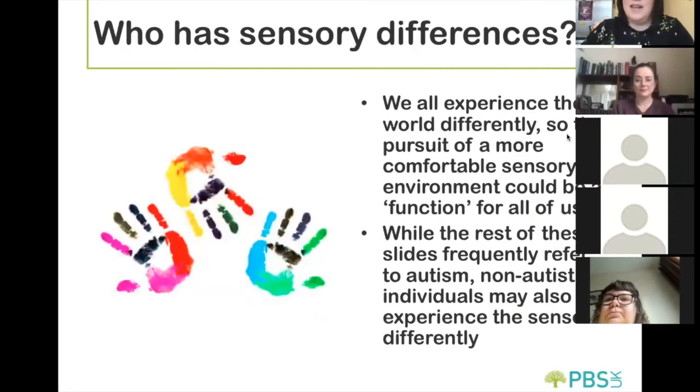So first of all, thinking about who has got sensory differences. The answer to that is we're all different. We all experience the world differently from a sensory perspective. There'll be certain things that some of us are really great at filtering out that others just can't. So for example, I work really well in a busy environment. Back in the day when we could, I quite liked to take my laptop into Costa Coffee and sit in that buzzy, hummy environment. I find that quite an easy environment to work in.